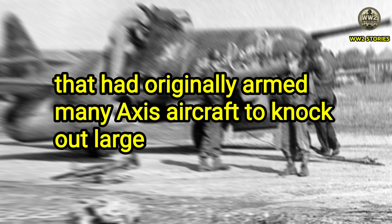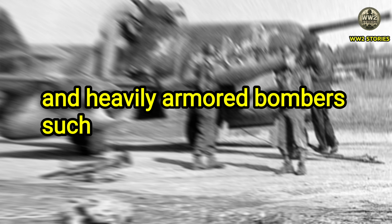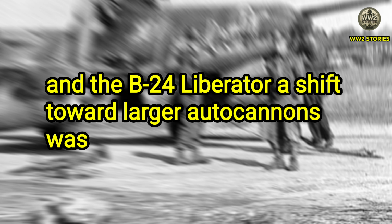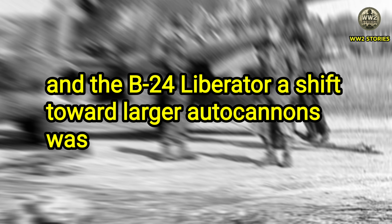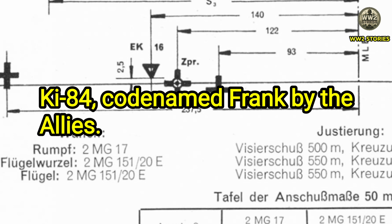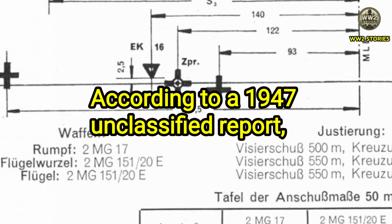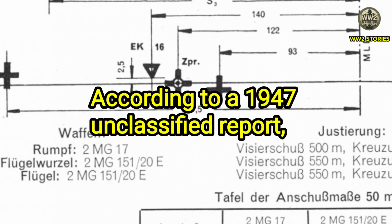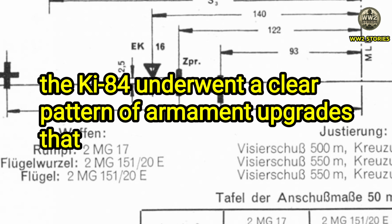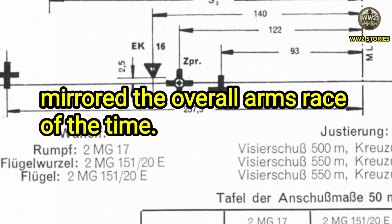aircraft. To knock out large and heavily armored bombers such as the American B-17 Flying Fortress and the B-24 Liberator, a shift toward larger autocannons was inevitable. A clear example of this trend can be seen in the Japanese Nakajima Ki-84, codenamed Frank by the Allies. According to a 1947 unclassified report, the Ki-84 underwent a clear pattern of armament upgrades that mirrored the overall arms